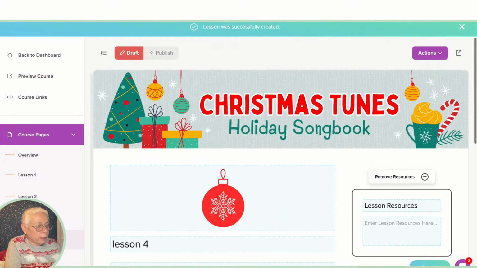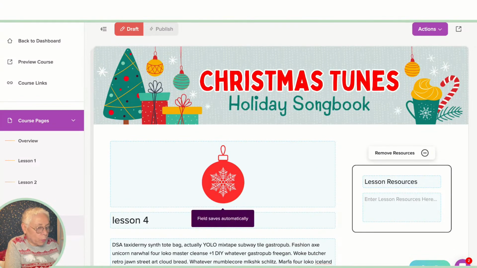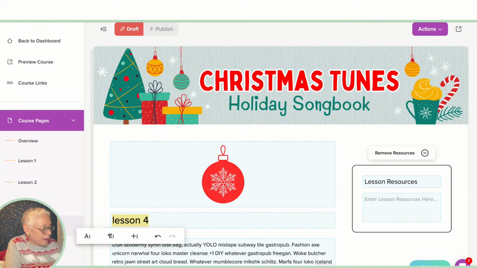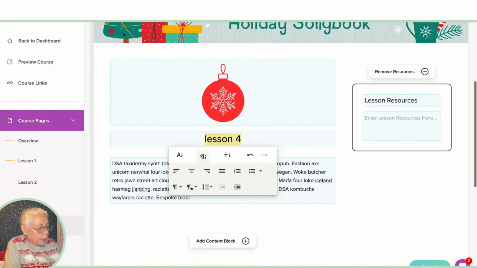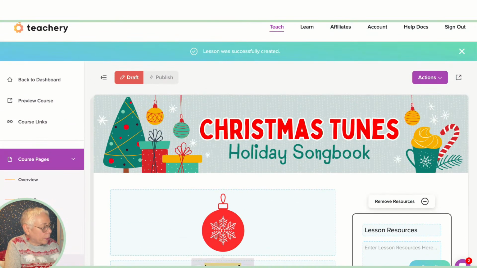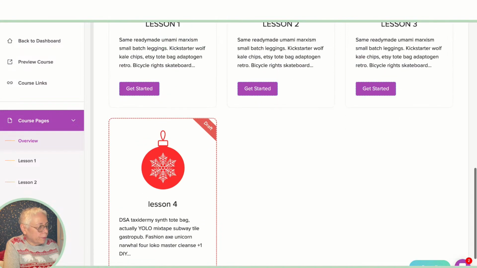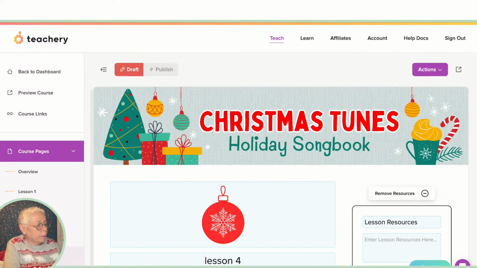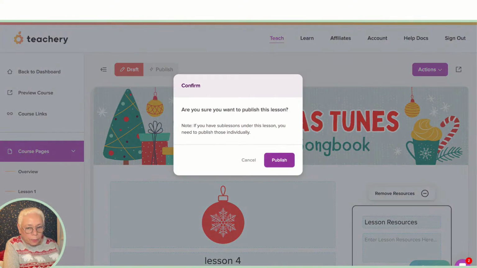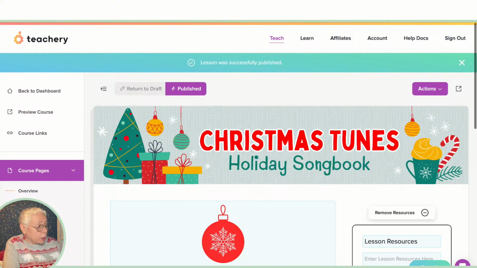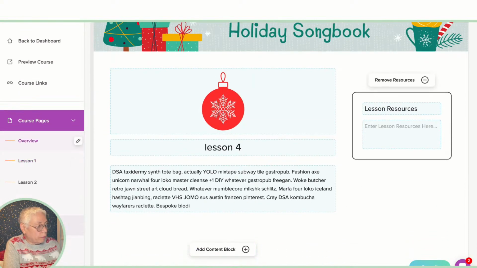Okay, so let's see how this looks. One more thing I'm going to do, because this will really bug me. I'm going to center that easily. Okay, and now I'm going to go back to the overview page, and now I should have 4, right? That's a draft. You're not going to see it. Hurry, publish. Otherwise, you won't see it. Okay. So now we have 4